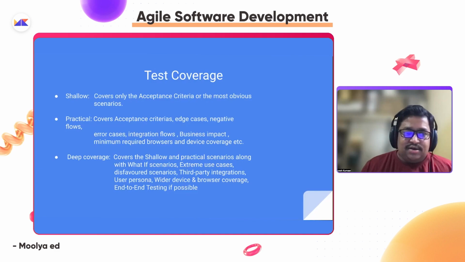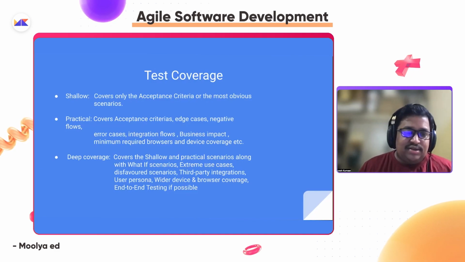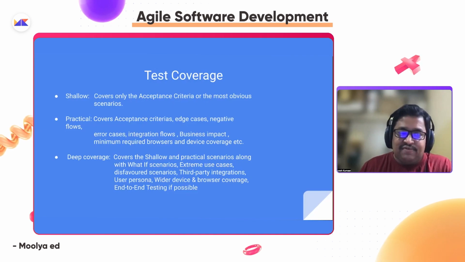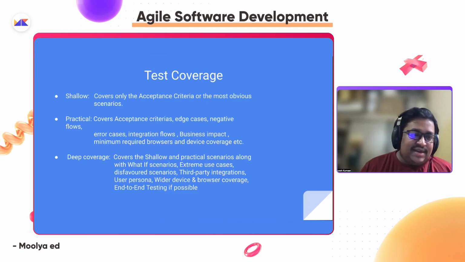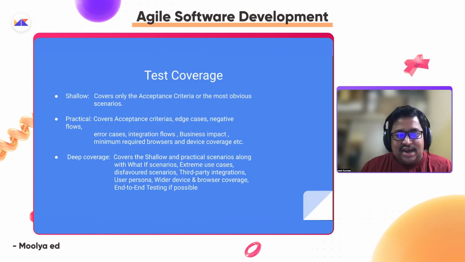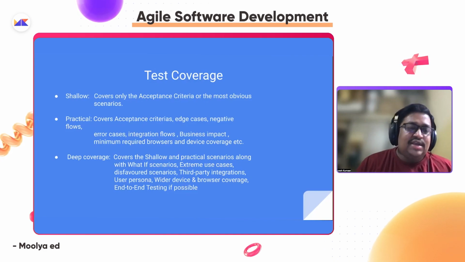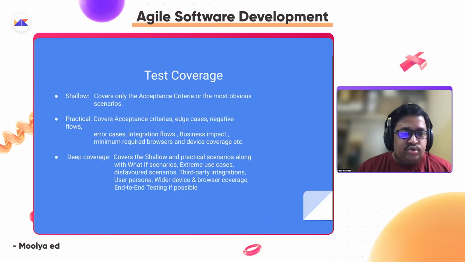Or else they need to plan and give the user story on the time which they mentioned, like end of second week or mid of second week, so that you have enough time to do the testing as well. So segregating your test ideas and test cases as shallow, practical, deep, it's basically priority, you can say. But yeah, this will give you an idea of what kind of testing you're going to do,